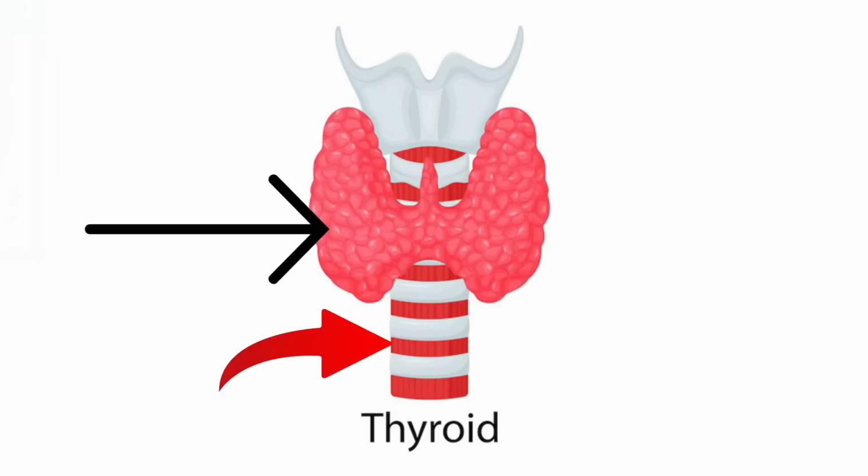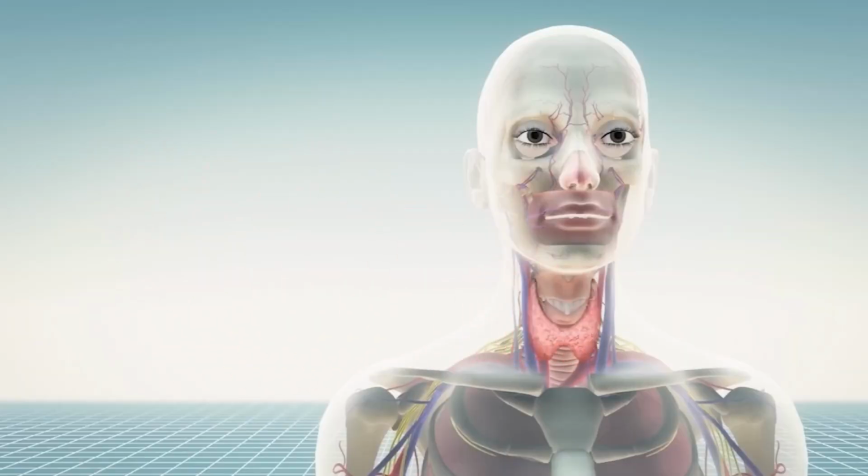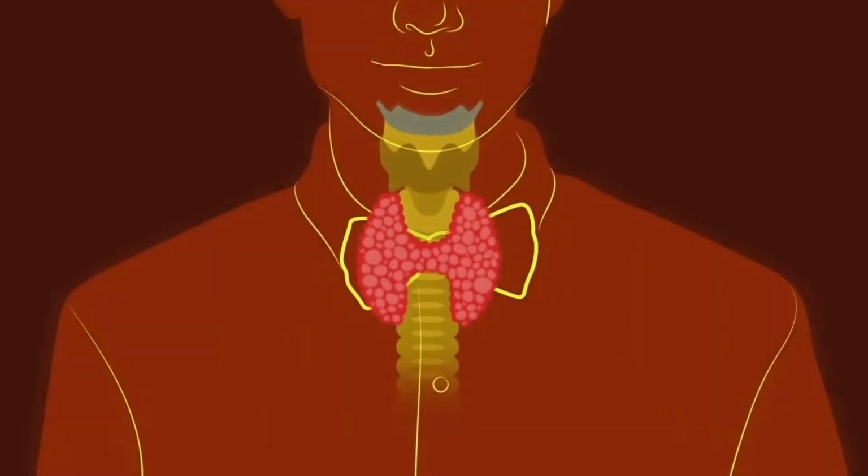The thyroid gland is located directly in front of the trachea, just below the larynx. It has a butterfly shape wrapping around the trachea on both the right and left sides. Although small in size, it produces hormones that affect the function of every cell in the body. The main hormones it secretes are T3,